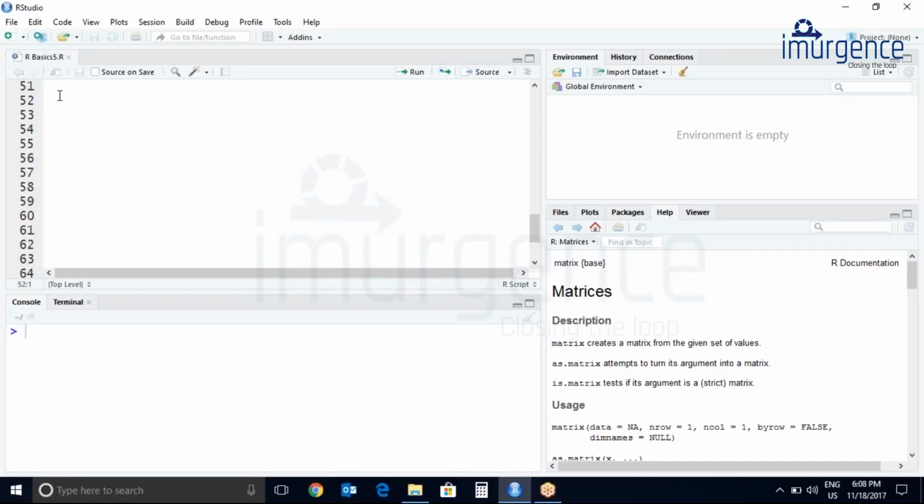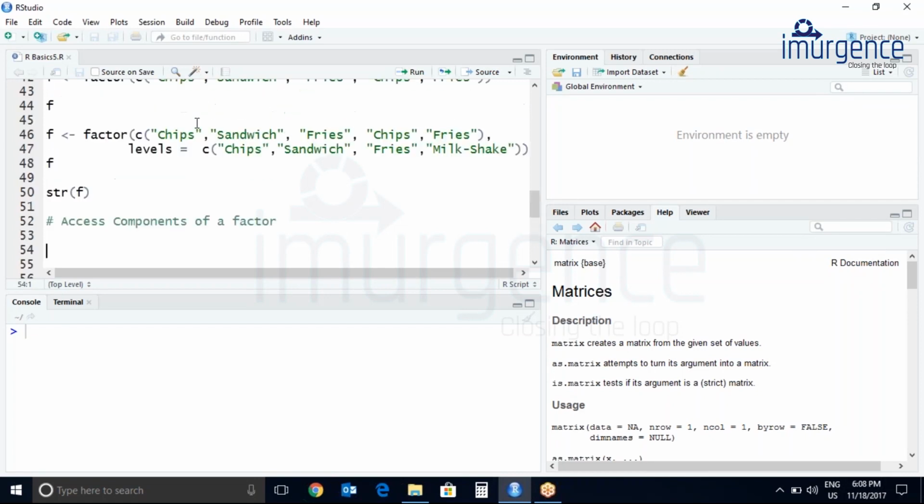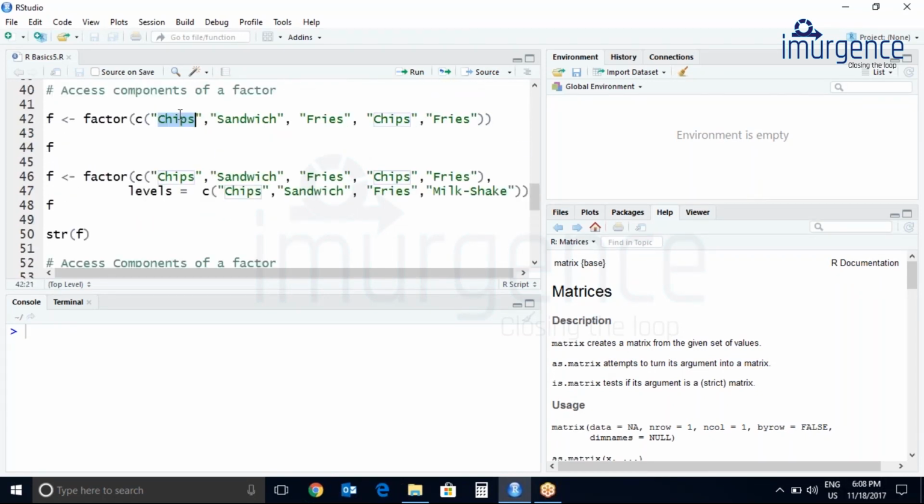Let us see how to access the components of a vector. As we've created a normal vector, let's just create it once again.